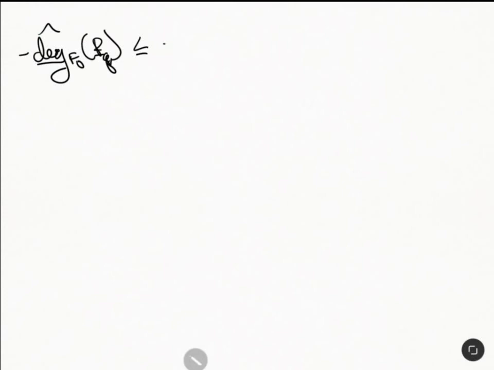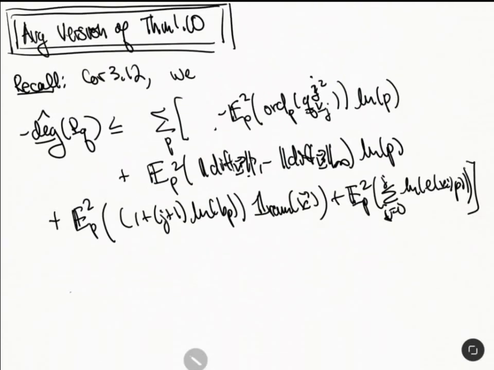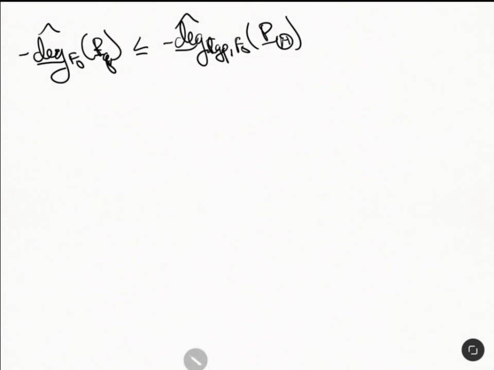The first term became the theta pilot object. The next term became this different term, plus L plus 1 over 4